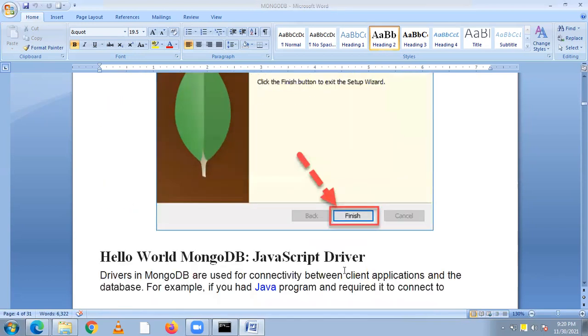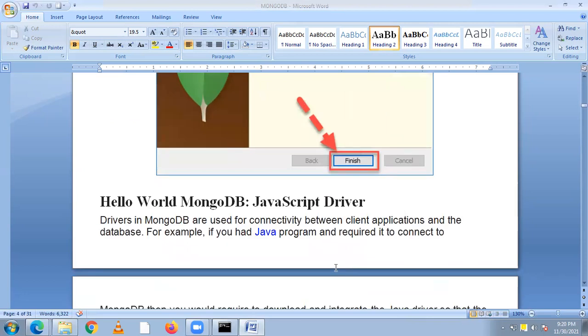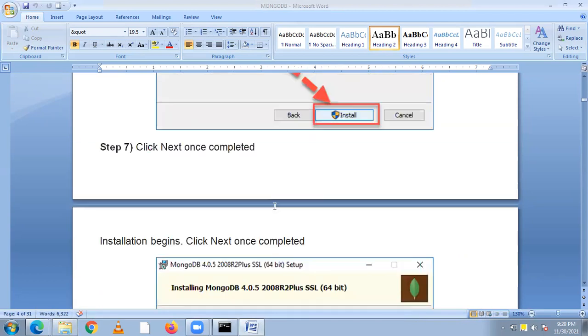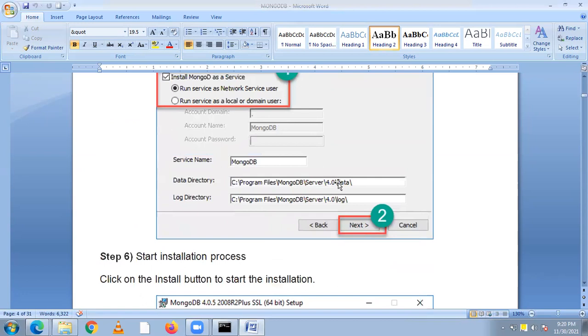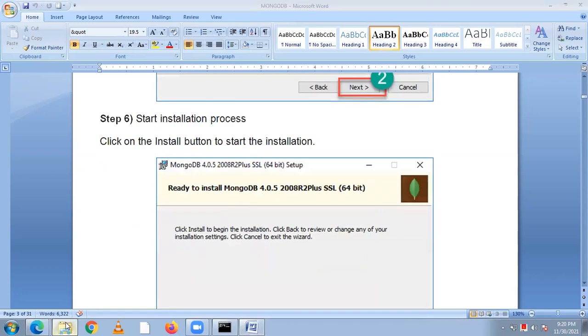Now press finish. After you install MongoDB, how can you find it? This is the database address where it is located. So I'll show you in my system.